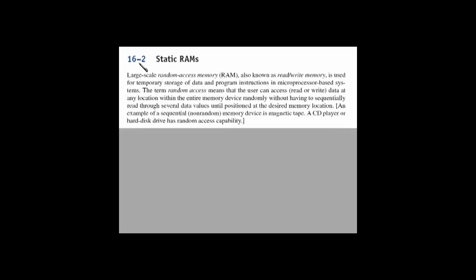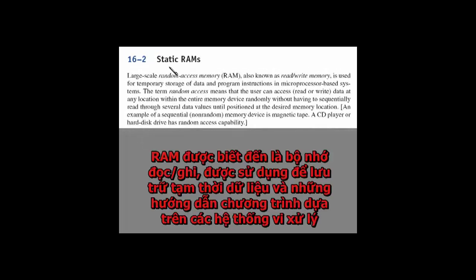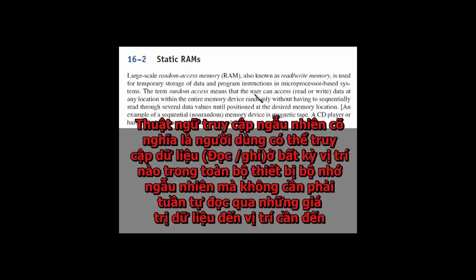Section 16-2, I'm going to talk about static RAMs. Large-scale random access memory, RAM, also known as read-write memory, is used for temporary storage of data and program instructions in microprocessor-based systems. The term random access means that the user can access, by reading or writing, data at any location within the entire memory device randomly without having to sequentially read through several data values until positioned at the